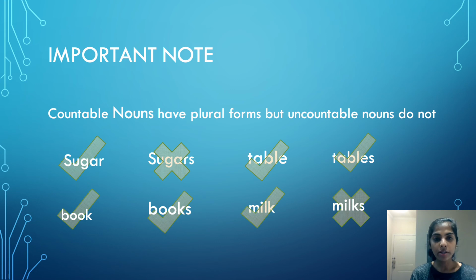So whenever you utter your sentences or write your sentences, make sure that when you talk about a countable noun, it's okay to assign a plural form depending on how you want to present it or what you want to refer to, but when you refer to an uncountable noun, do not use the plural form. Okay,